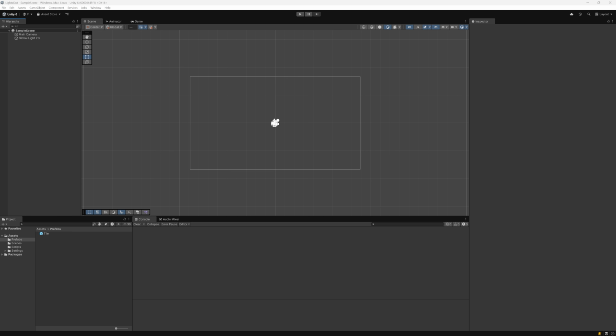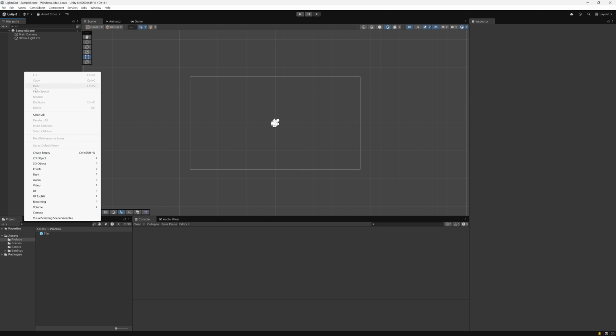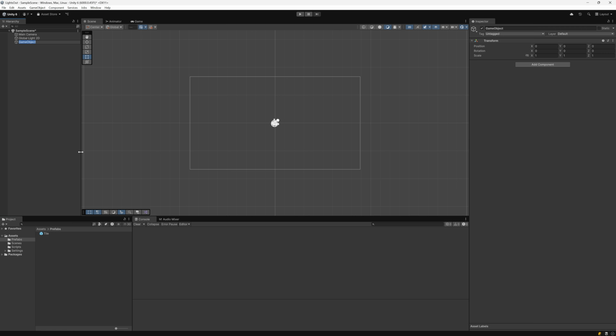Now we want to create the grid of tiles. We could directly add them to the scene in the center, but then you would have issues if you want to scale or move it later on. What we'll do is right-click and create a new empty game object, which we'll call game area. We'll create all our tiles within this so that we can manipulate this game object if we want to move